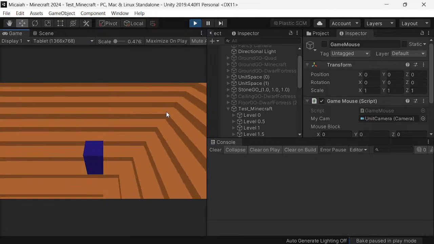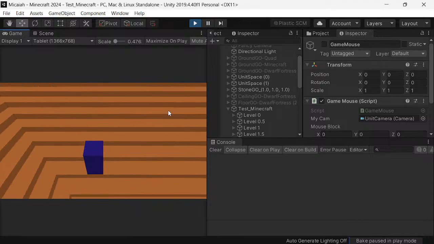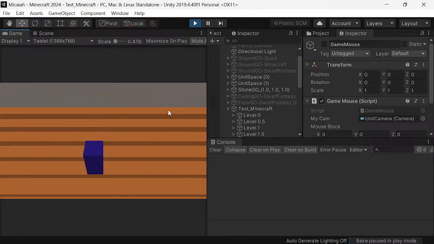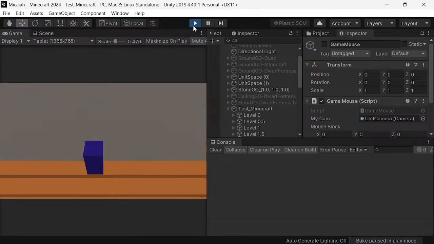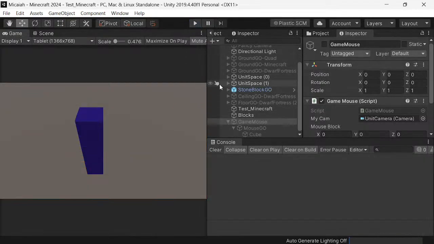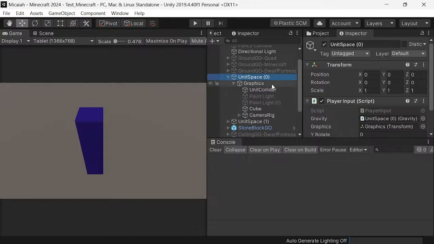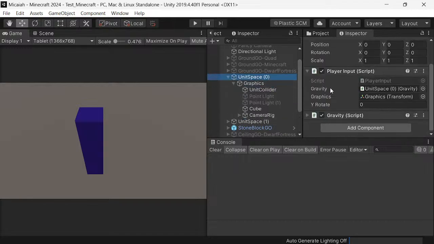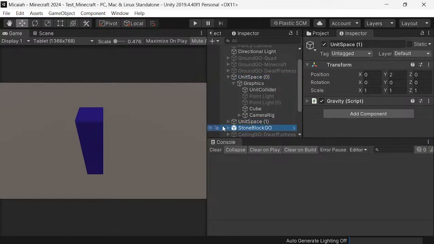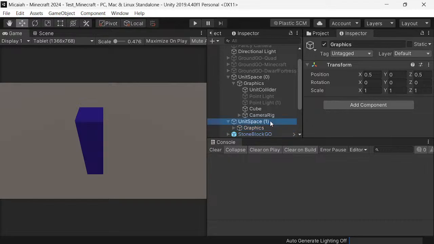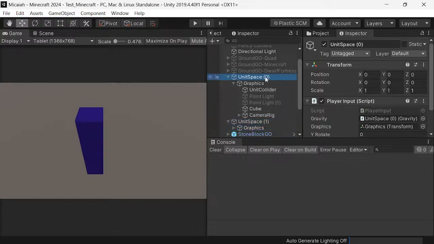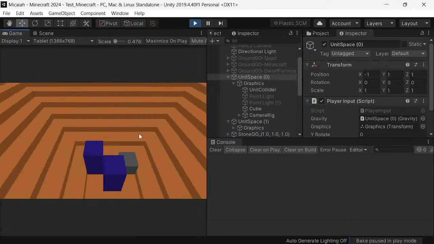Yeah, see, I'm not moving forward even though I feel like I can, but if I move forward this way, I can, but I can't move left and right. Okay, this is the unit space, and we're not here with the gravity. We're just using the input of this player. Okay, well, obviously that's